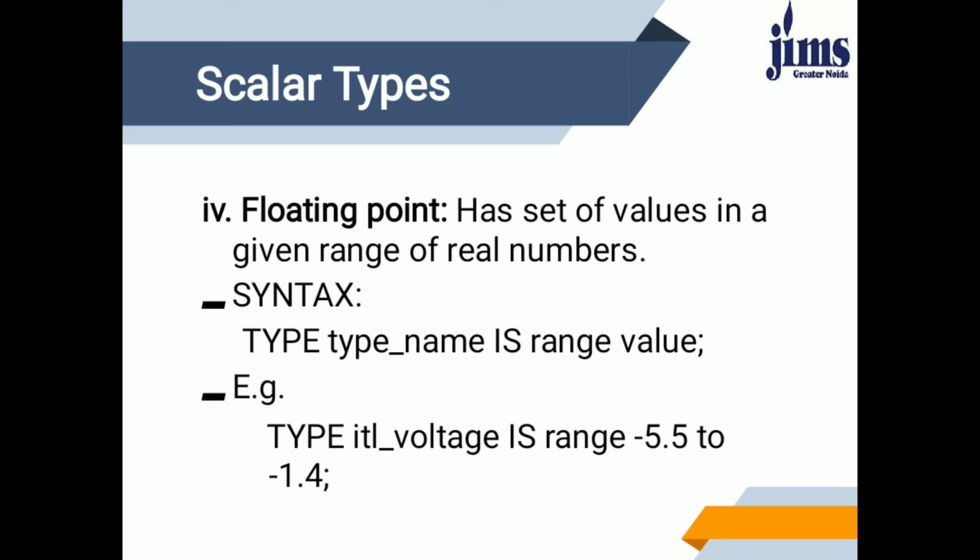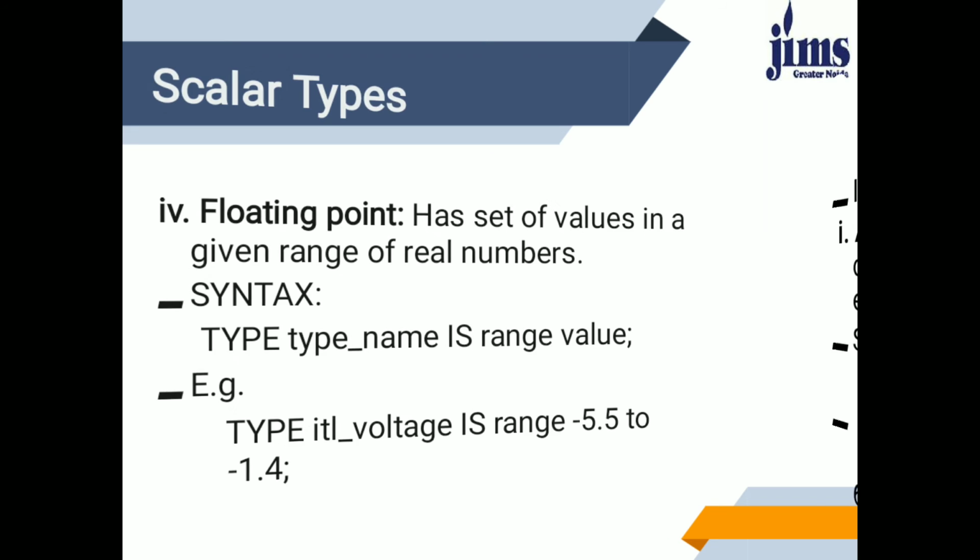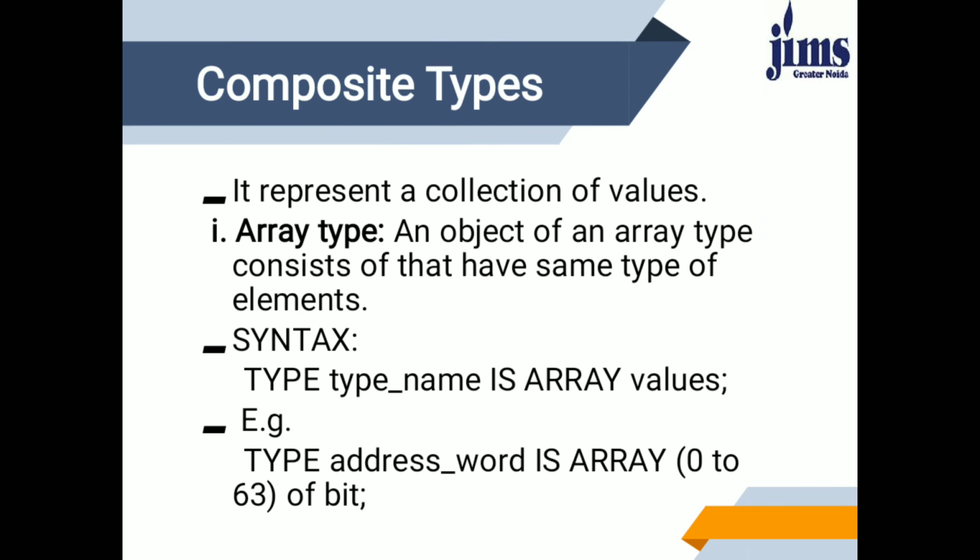Again we can define the subtype. In subtype minimum voltage range is minus 5.0 to plus 5.0. So in this way we need to define in floating point number. Means only 12 need not to be specified, it has to be 12.0. So in this way we can define the scalar types.